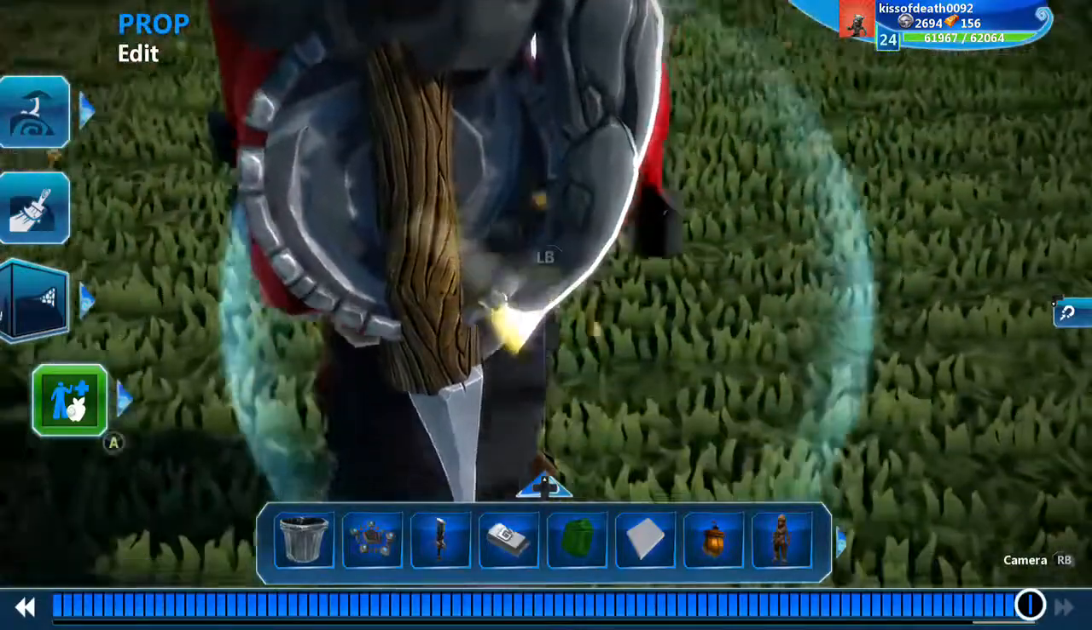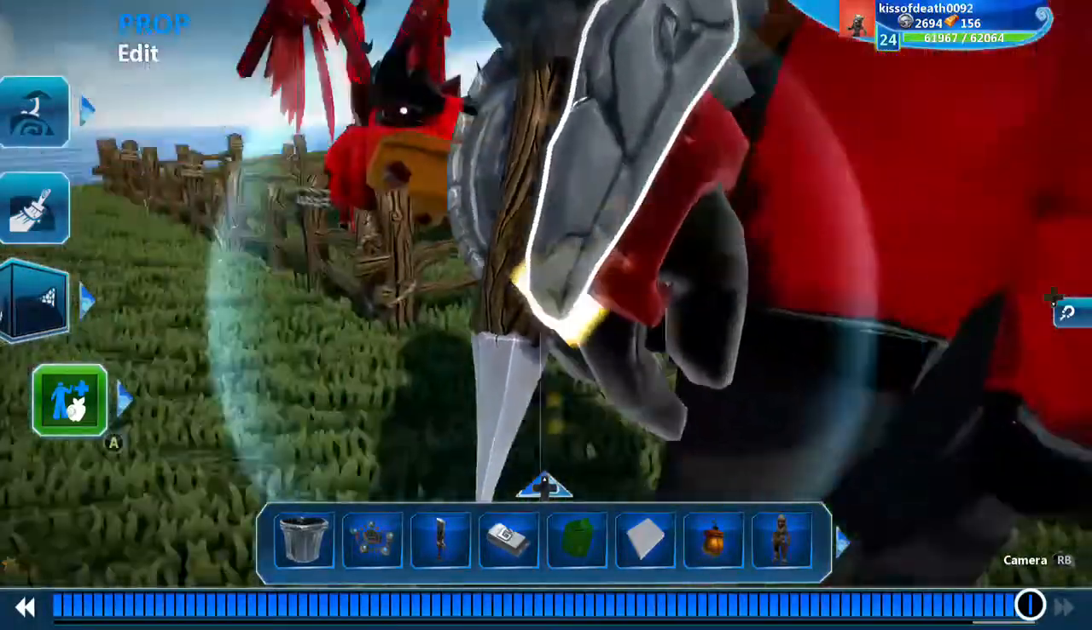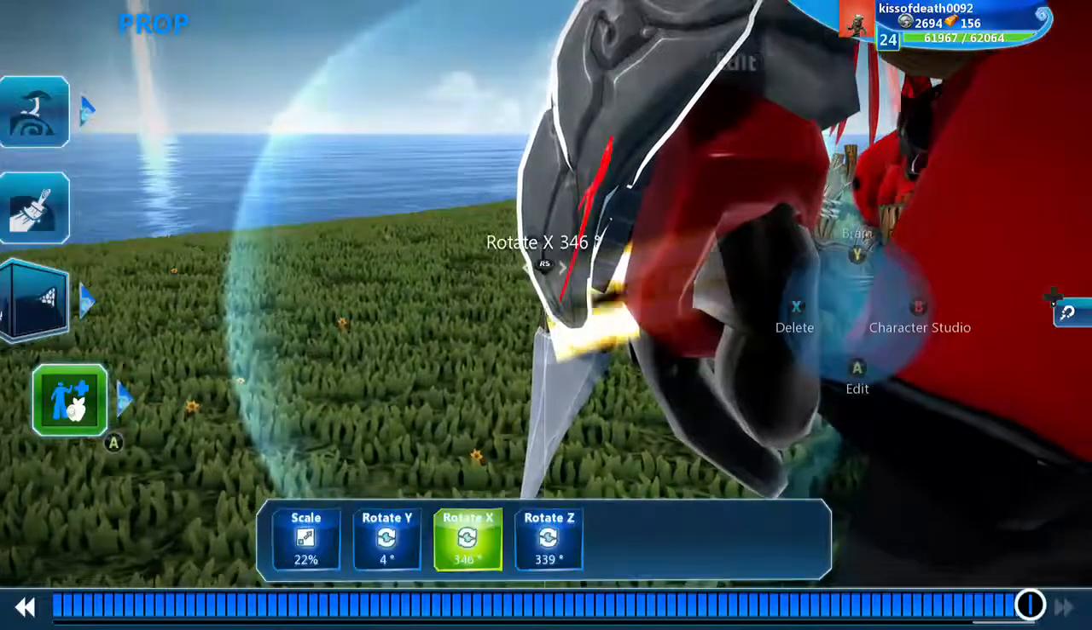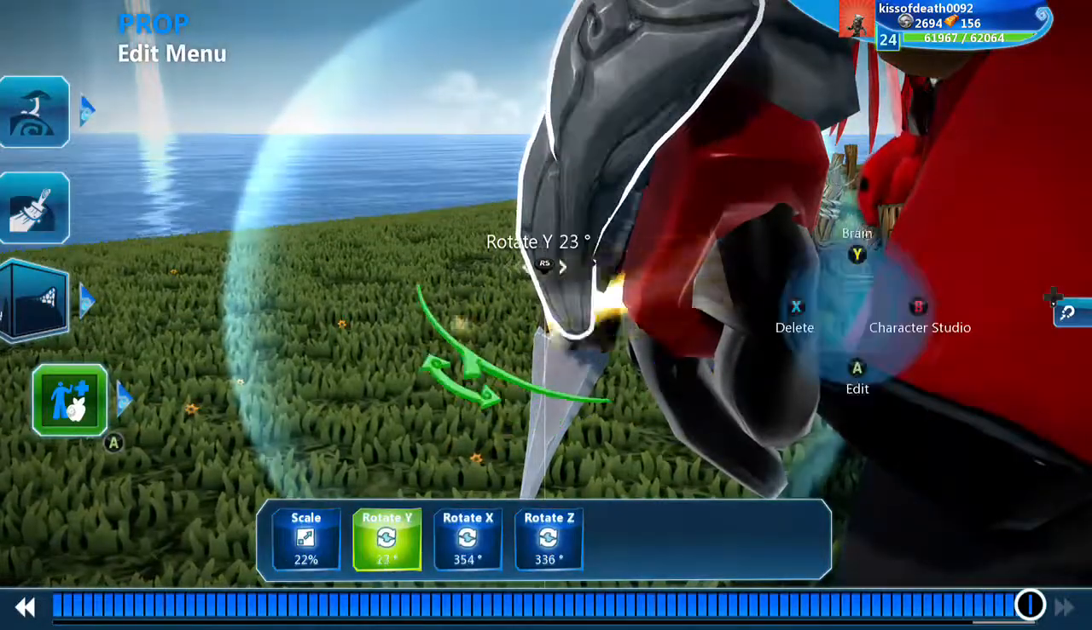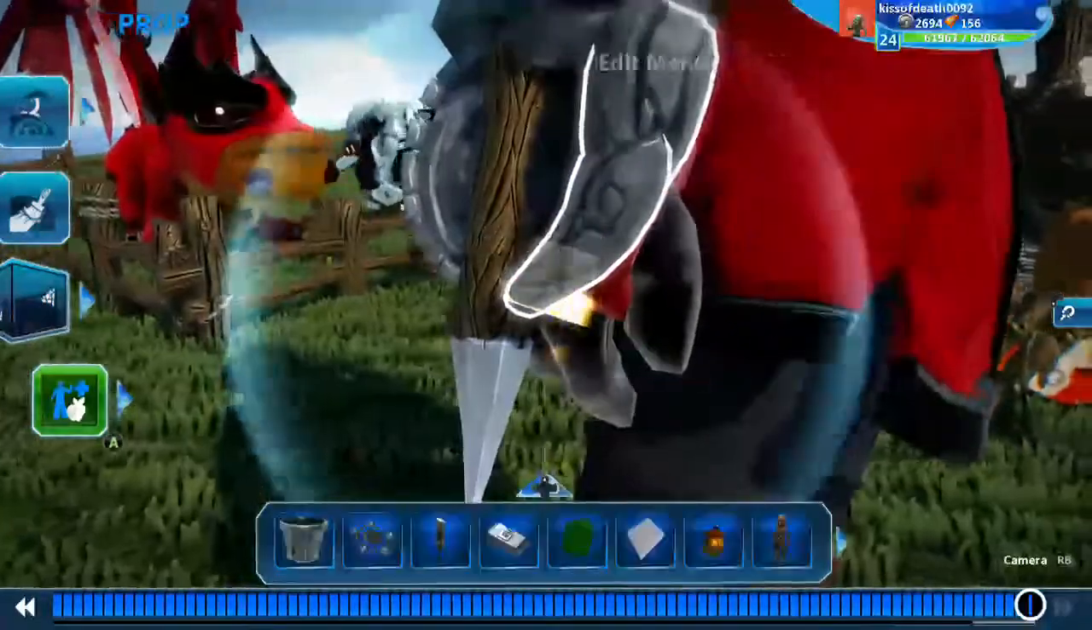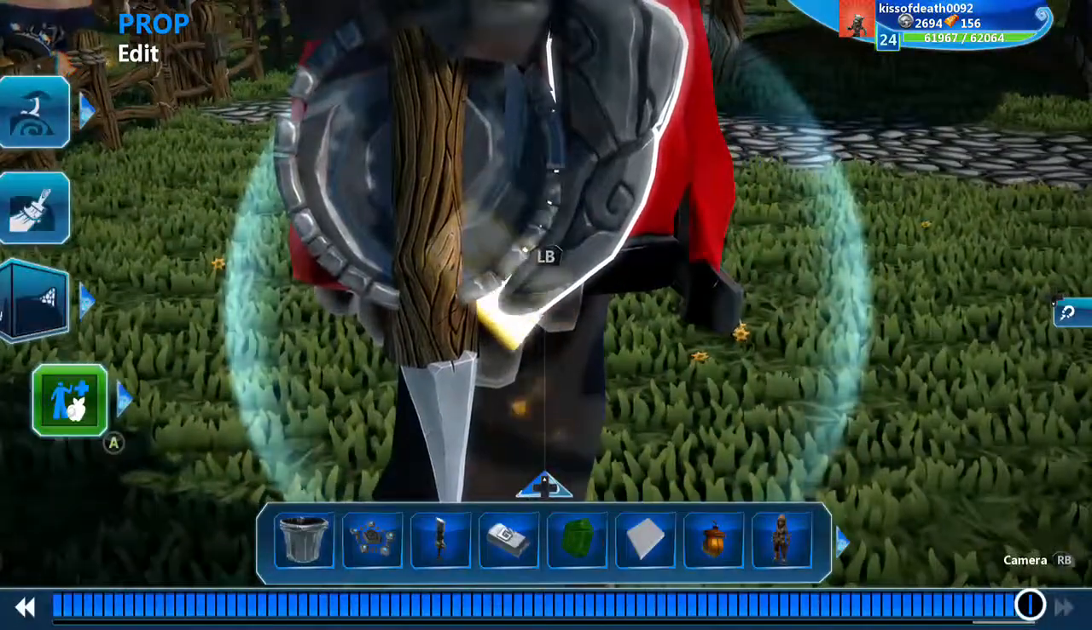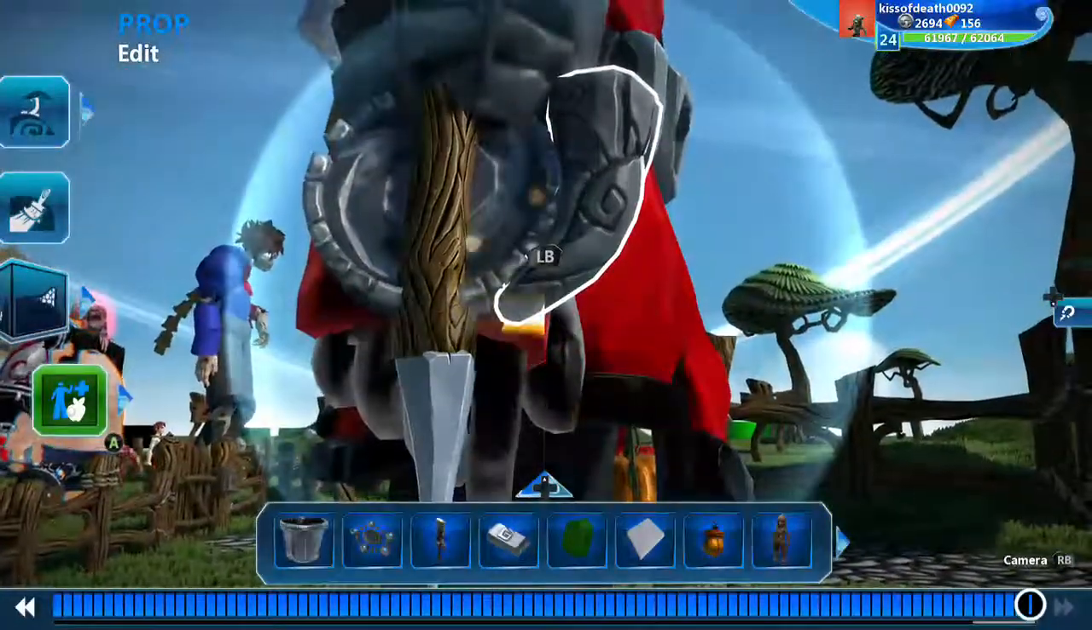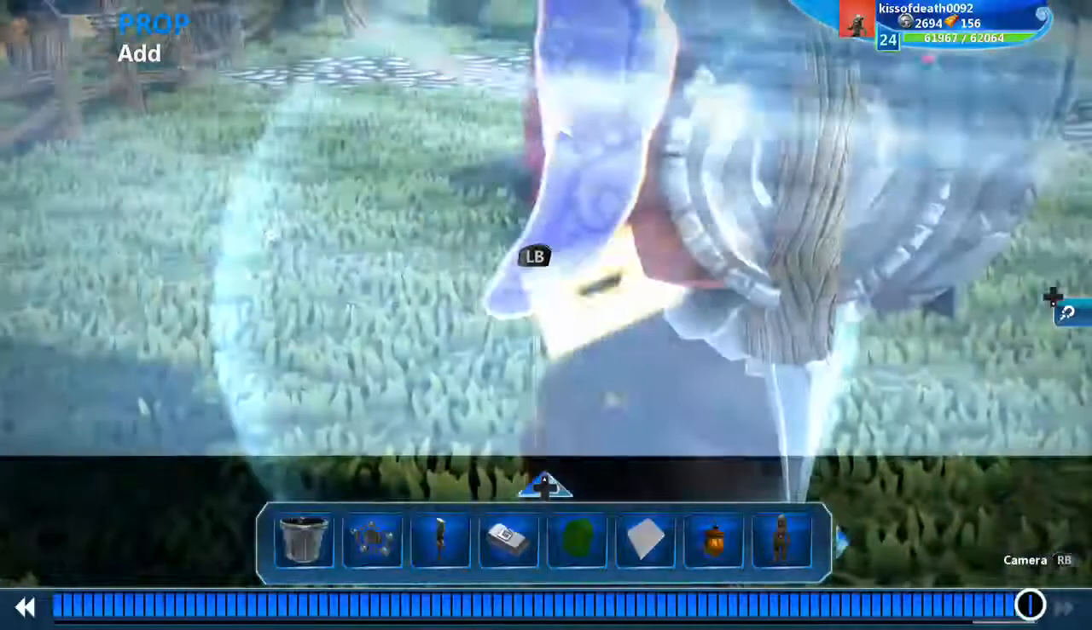Now I just want this to kind of outline the, oh! Got a fly in my hand. Sorry. The fly freaked me out, as you can tell. I want this to outline the weapon a little bit. So,